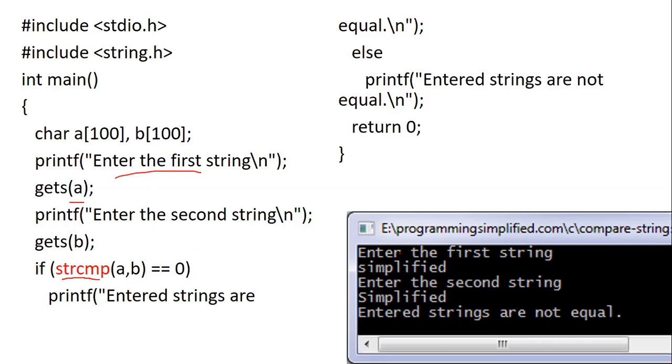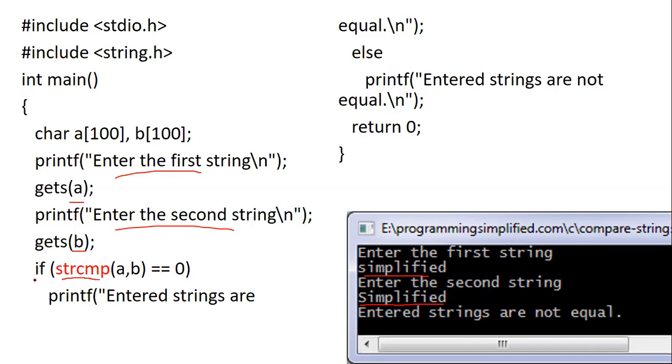Suppose we enter the value as "simplified" in the first array, and next we accept the value of the second array b, and we give the same input, but only change the first character, so the small s becomes a capital S.